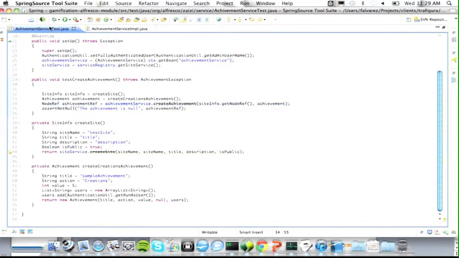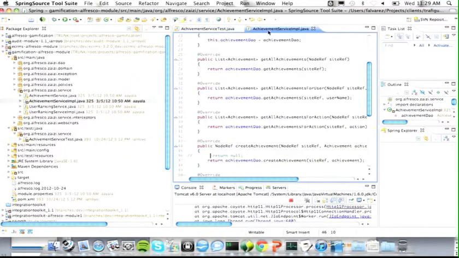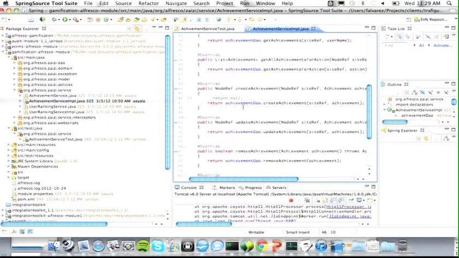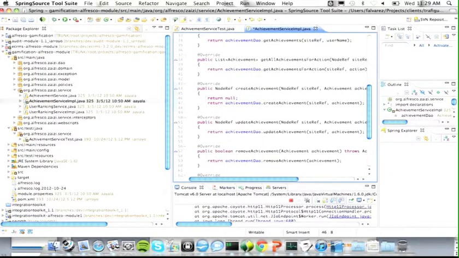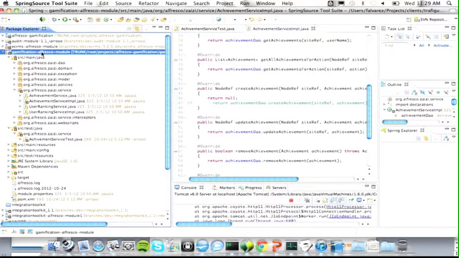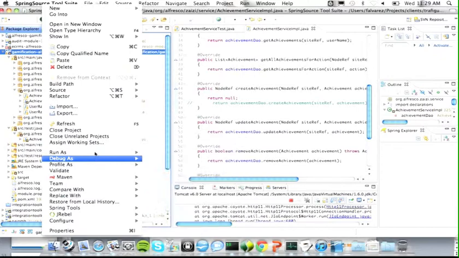But the original code, I mean, without coding anything, is like that, return null. So if we run the test,